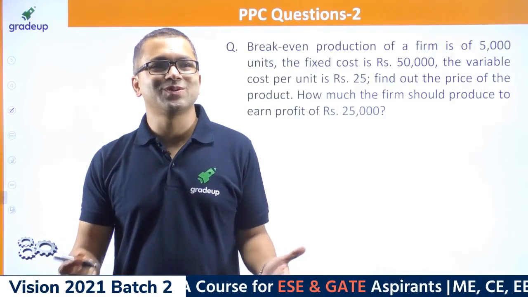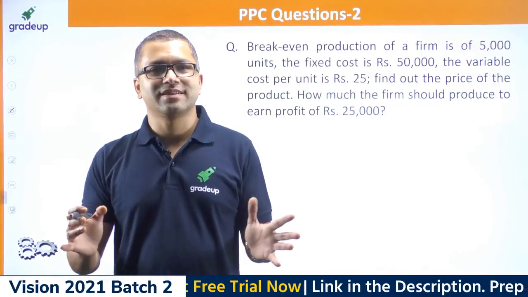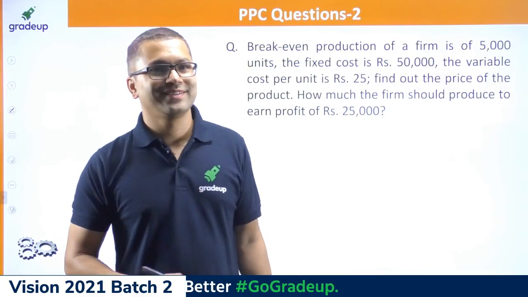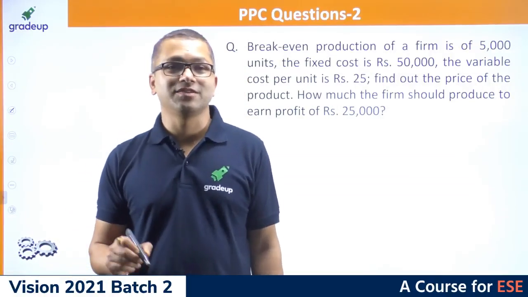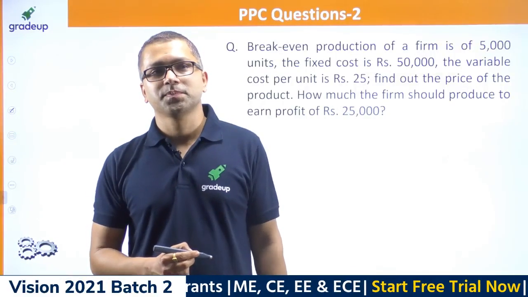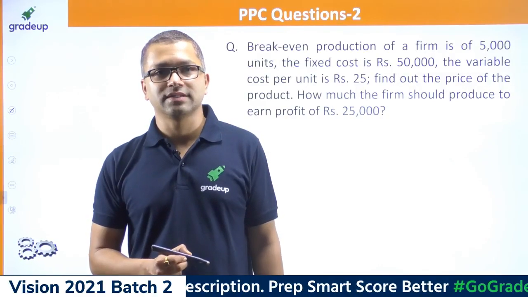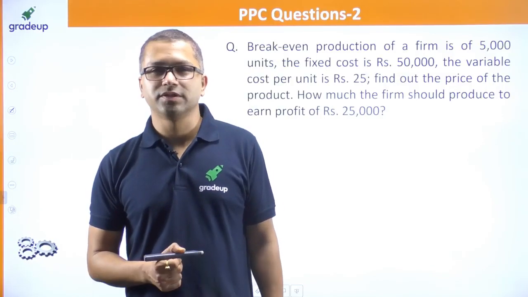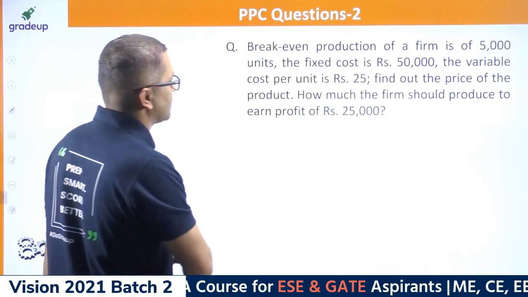Because 3 people told that it's 35. Krishna told it's 35. Satyakant told it's 35. Mohammed also told it's 35. What 35? Don't just write 35 out there. Tell me, what is 35? What is the unit of 35? Yes, exactly, Satyakant. Selling cost per unit, he says. Okay, fine. So let's do this first, then we will discuss this.